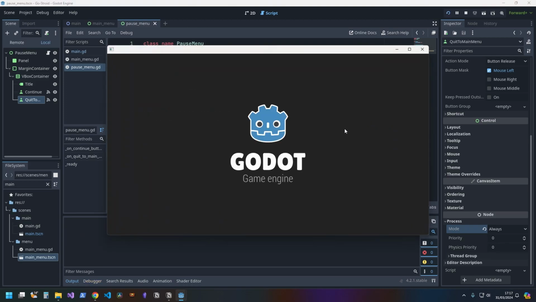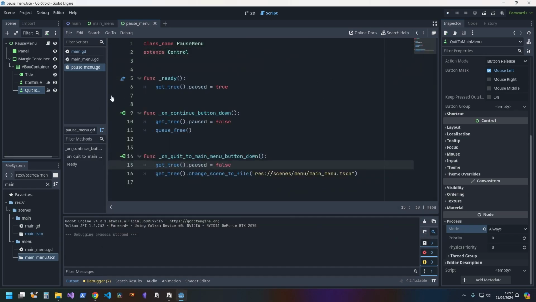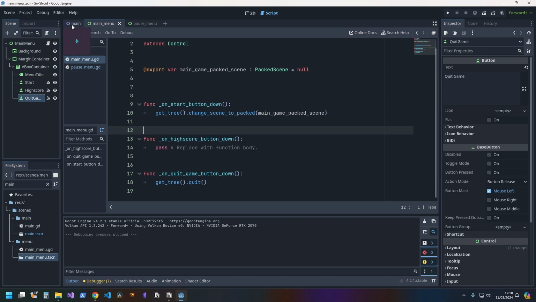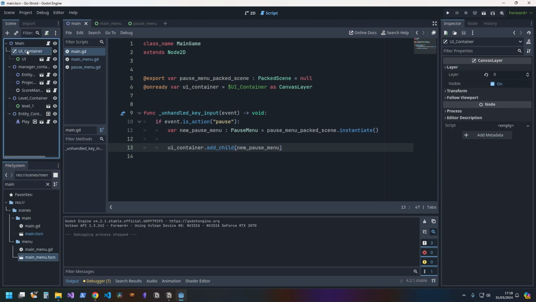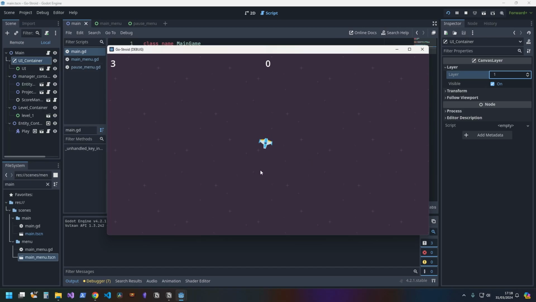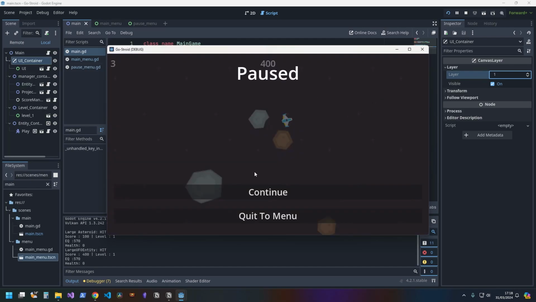So let's hit play and hit escape, and as you can see, everything is still paused, but the menu is still not clickable. Now, I went through a whole thing trying to figure out why, and I knew this would bite me, past me, future me, every version of me knew this was going to bite me. If we go to the UI container here and see the layer settings, I need to set that to 1, hit Control S, and the game will run fine. Everything still runs how it should, right? Now, if I hit pause, everything pauses, but the buttons now work. If I hit continue,